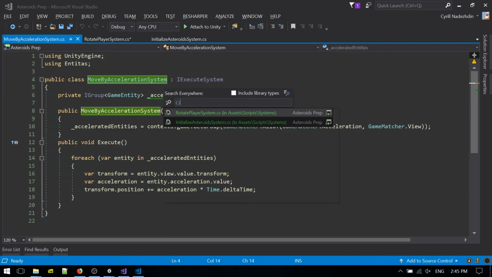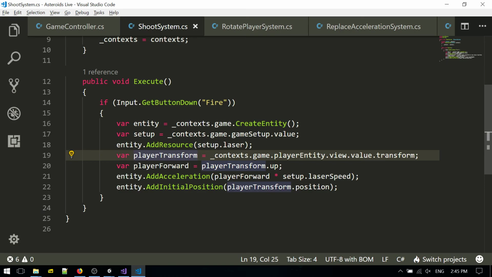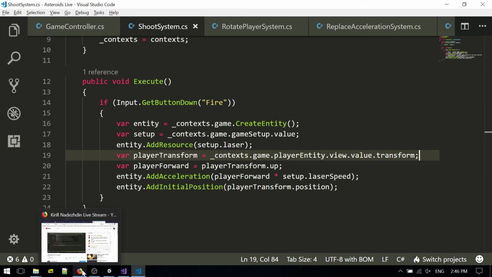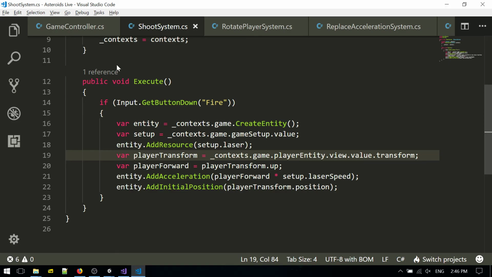When we instantiate it, yeah, it's better to do it when we instantiate it because our lasers won't actually rotate at all. Player transform, but we don't instantiate it here. Like, wait. Maybe our chat users will tell us something about it. Yeah, let's wait for that, and we will create our